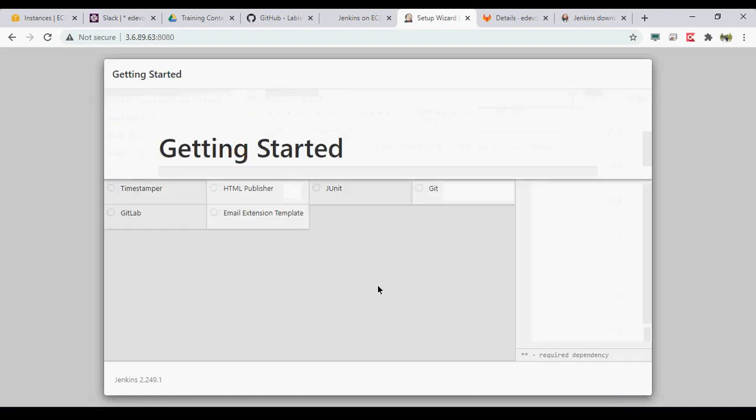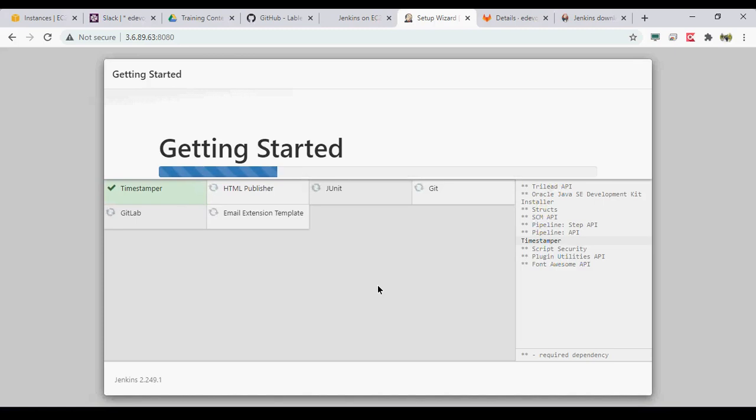Let's install all. Here we are just installing 4, 5, or 6 plugins. Otherwise, if you had gone with the default list of plugins, it would have installed 8 or 9 plugins. So now things are very clean, and whatever you need is there. You are not adding extra plugins which somebody might misuse. So let it install.